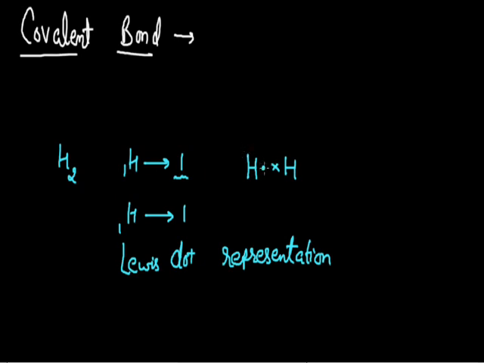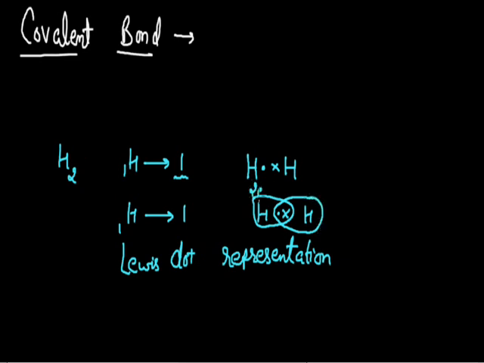Like these two electrons, they will be in the mid position between these two hydrogen atoms, can be represented by this. And as these two electrons are in mid between these two atoms, they will be counted with each of these hydrogen atoms. Like if I count the total number of electrons for this one hydrogen atom, it will be having two electrons in the outermost shell, and as it has completed its duplet, now this hydrogen atom is stable. Same for this hydrogen atom, it has two electrons in the outermost shell, and as it has completed its duplet,